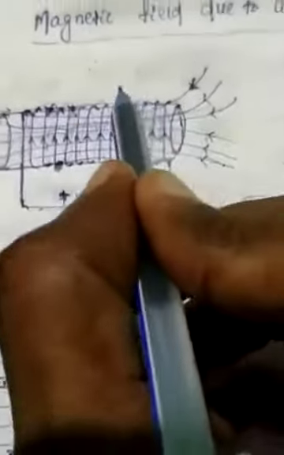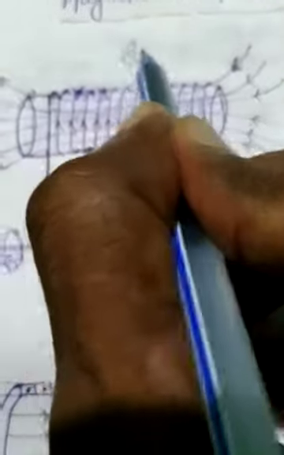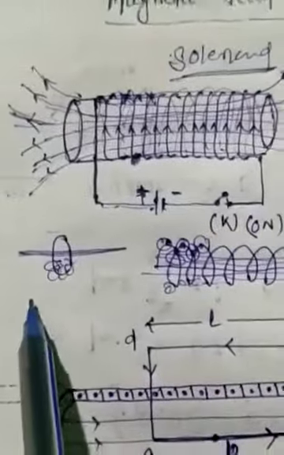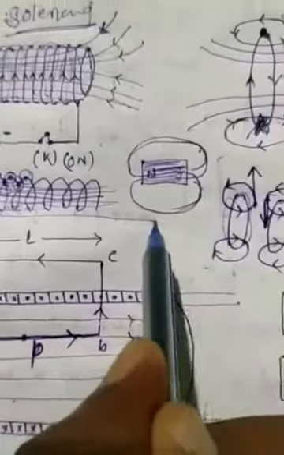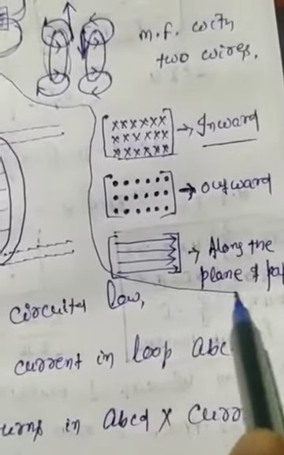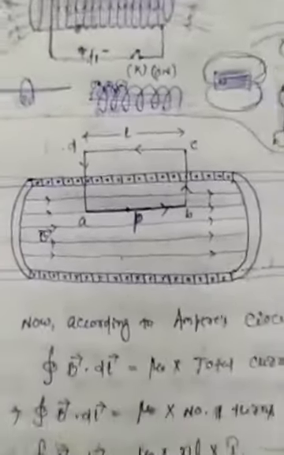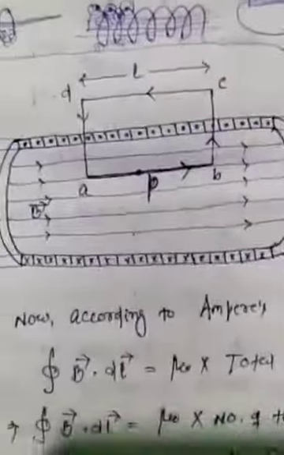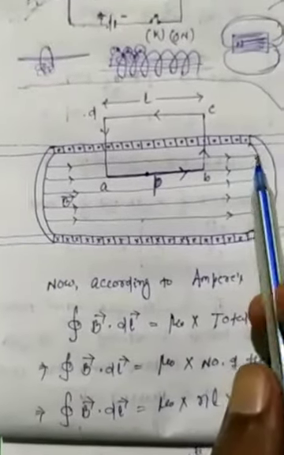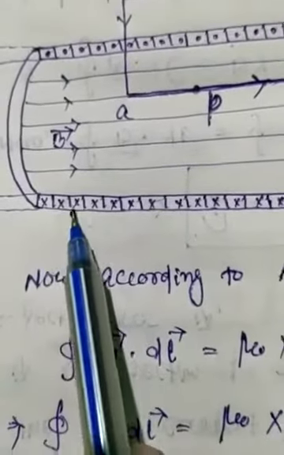So outside the solenoid, the magnetic field is always 0, and all are understanding for solenoid. Now we have to discuss how a magnetic field is created by a solenoid. This is the cross section of a solenoid. Here you see a number of crosses